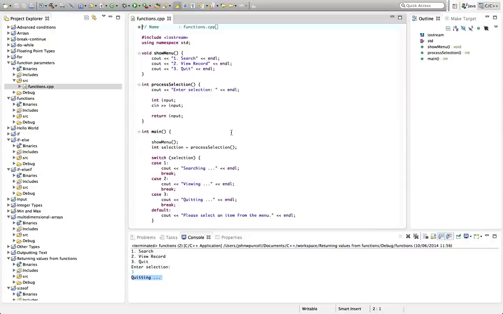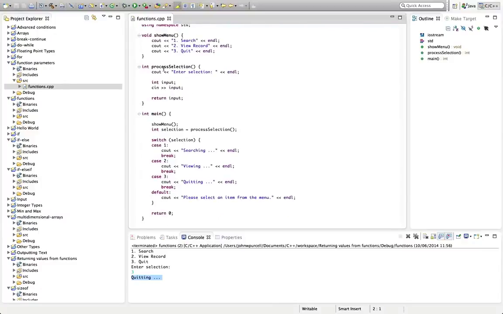In this tutorial, we're going to look at passing values to functions. So here I've got the code from the last tutorial, and I'm going to start by changing this, because one thing I forgot to do in the last tutorial was rename this function. This function that we created is called process selection, but it's actually just getting user input, and the selection is processed down here. So I could just rename it by hand, but let's use an Eclipse shortcut, which is very